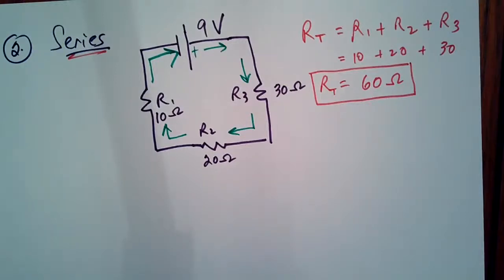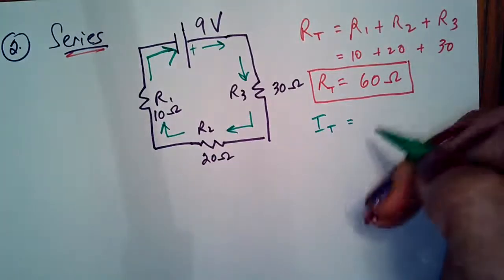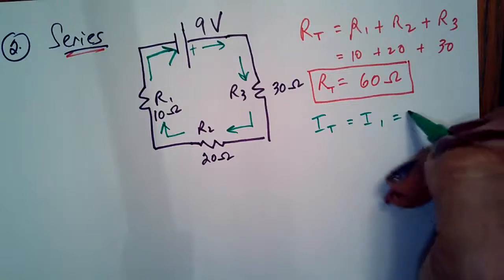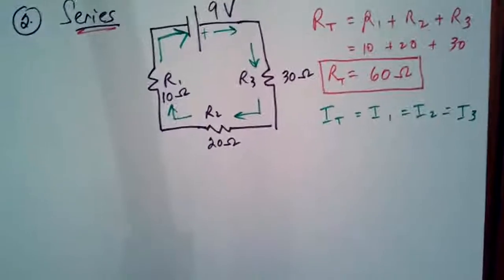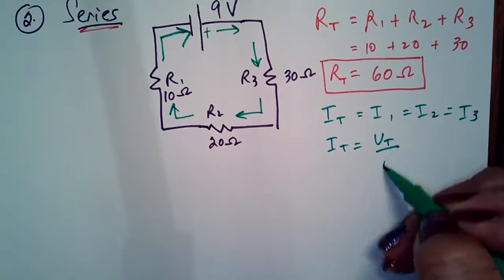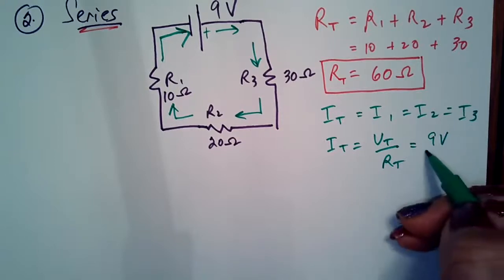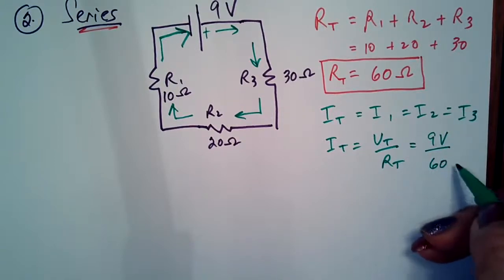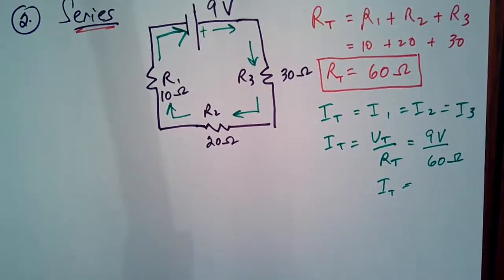Now let's take a look at, I'm going to look at the current first. So the total current, again, this is a series. The total current is going to be the same as the individual currents in each of the resistors. So let's calculate the total current. So VT over RT from Ohm's law. The total voltage is 9 volts and the total resistance is 60 ohms. So our total current here